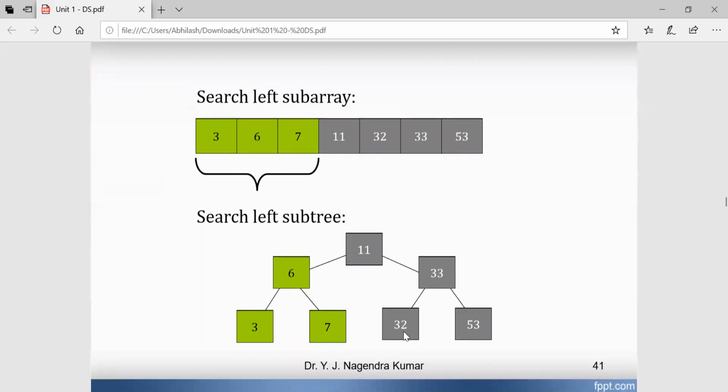So if you implement this technique using trees, then you can understand it in a better way compared to an ordinary array. So now the faded color indicates they are not participating in the binary search technique. Simply we omitted the right part of the array because the element is there on the left part of 11. So you have to compare the key element, the target element, with the left part of 11. Now again you have to take the middle element among 3, 6, 7.